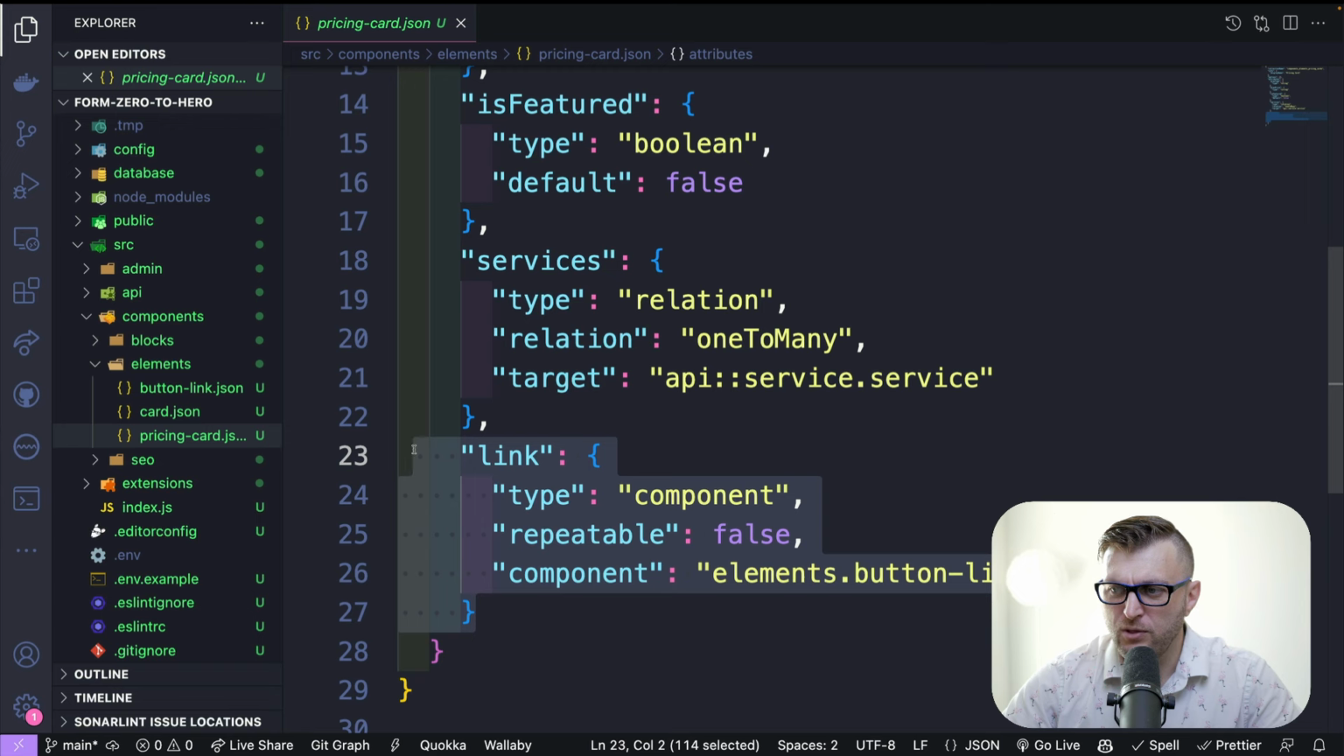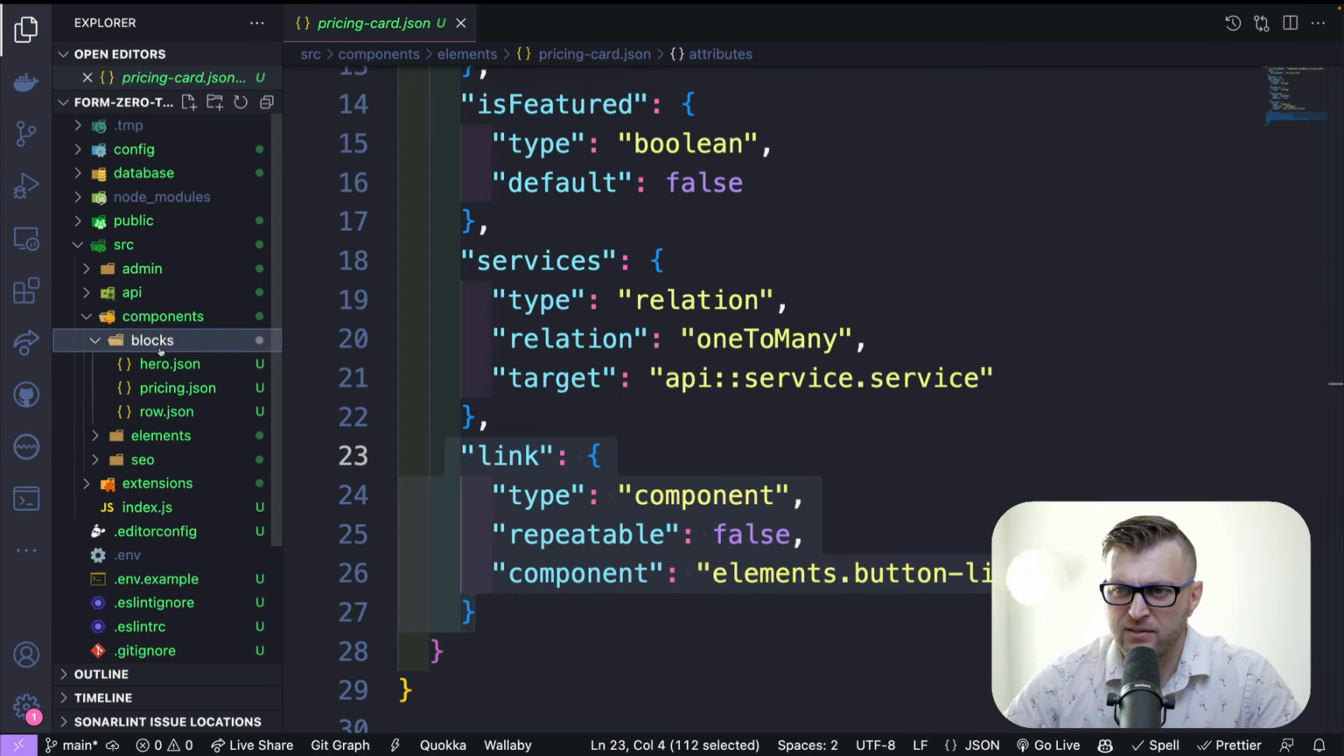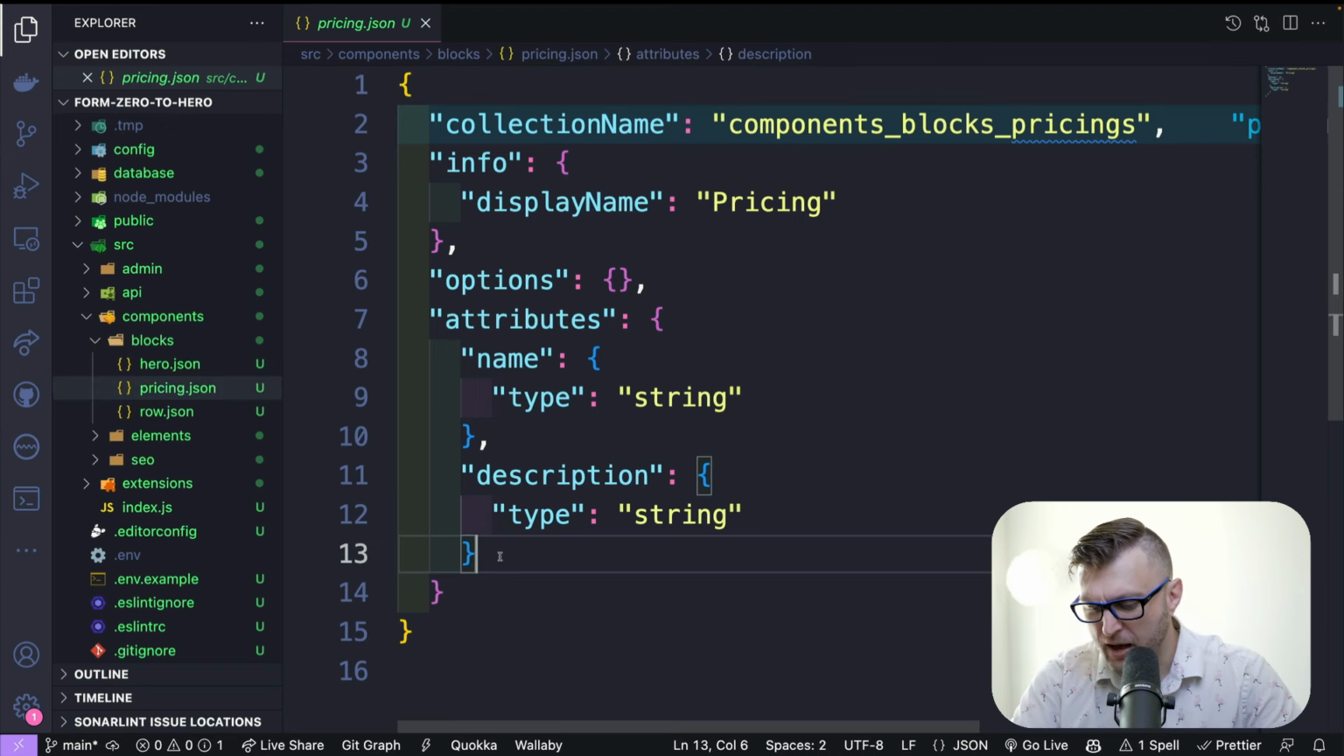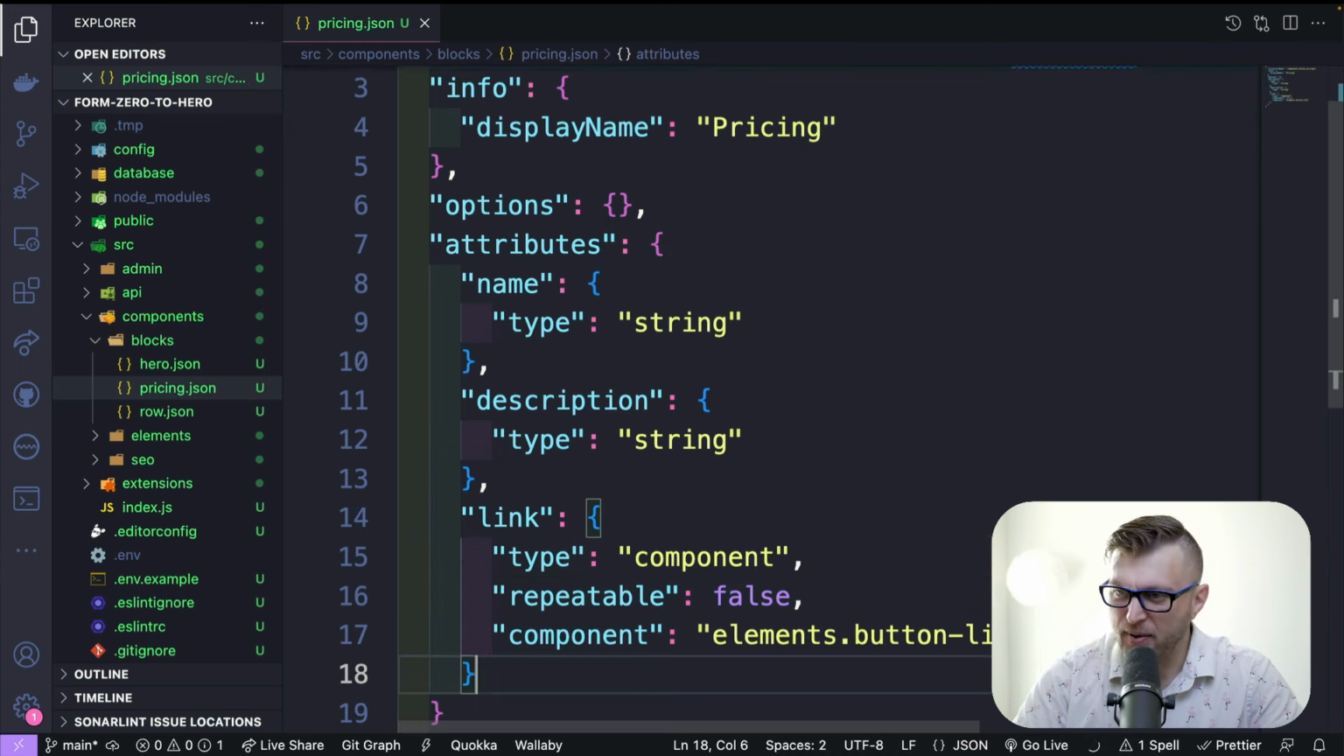So what we want to do is we want to now add this component programmatically to our pricing component. So I'm going to copy this, and I'll tell you why, because this is the exact format we're going to use to add our component. So under blocks, we're going to go to pricing, and notice how under attributes, we just have our name, which is a string, and our description, which is a string. So now I'm going to go ahead and paste